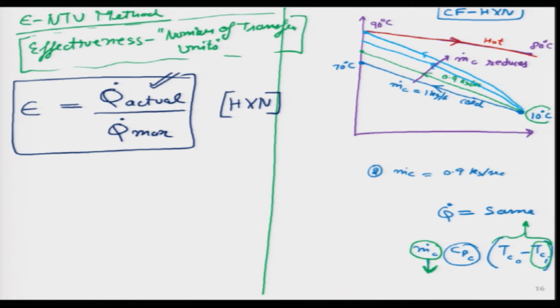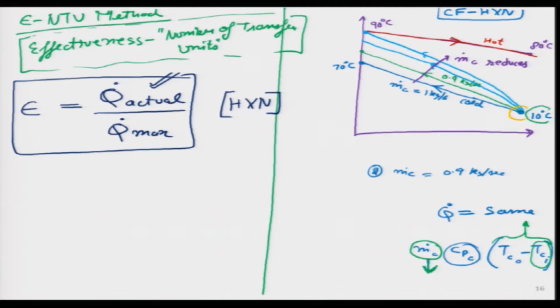So, now comes the interesting part. If I further reduce the mass flow rate of water, can it retain its direction, which means can it go more than 90 degree? I think we all will agree it can never go more than 90 degree, which means by this thought exercise we have figured out the maximum temperature difference which is possible over here. And we have also figured out in which direction it travels when we play around with the mass flow rate. I could have come to the same conclusion much earlier, but I just wanted to show this exercise. The maximum temperature difference over here clearly is between 10 degree and 90 degree.